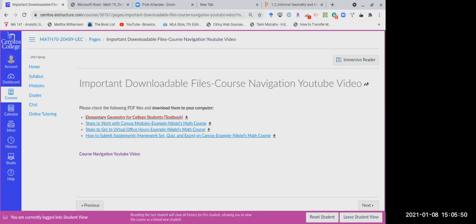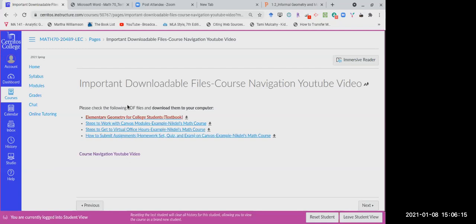The textbook link is in red. This is a PDF copy of your textbook that you can download. This file is very big, so please make sure that you download it to your computer and keep it on your desktop would be my suggestion,